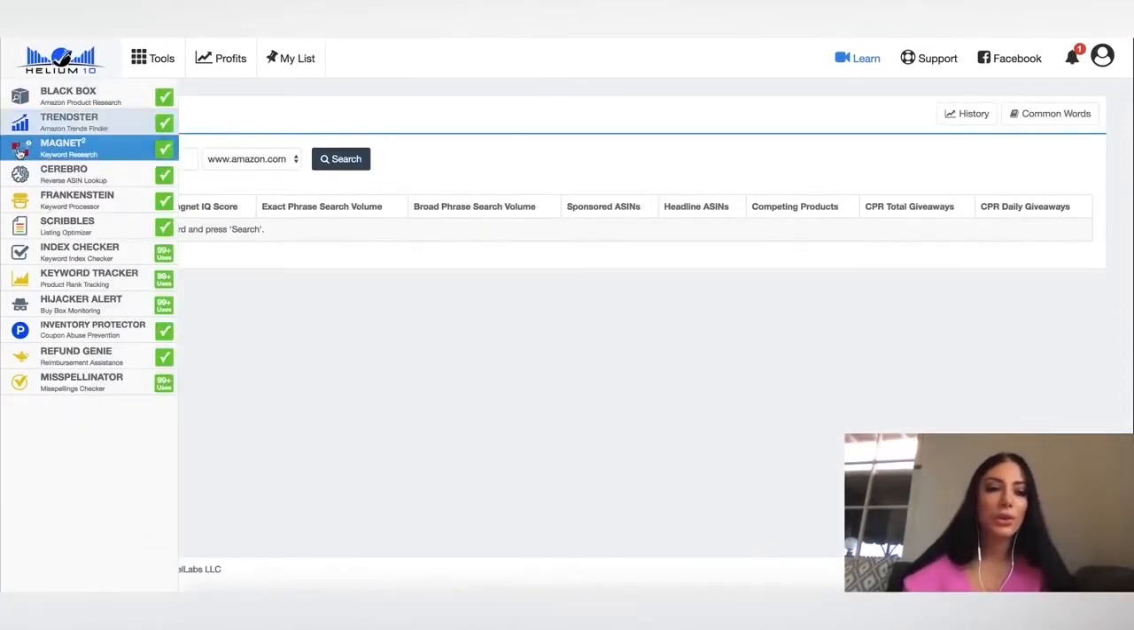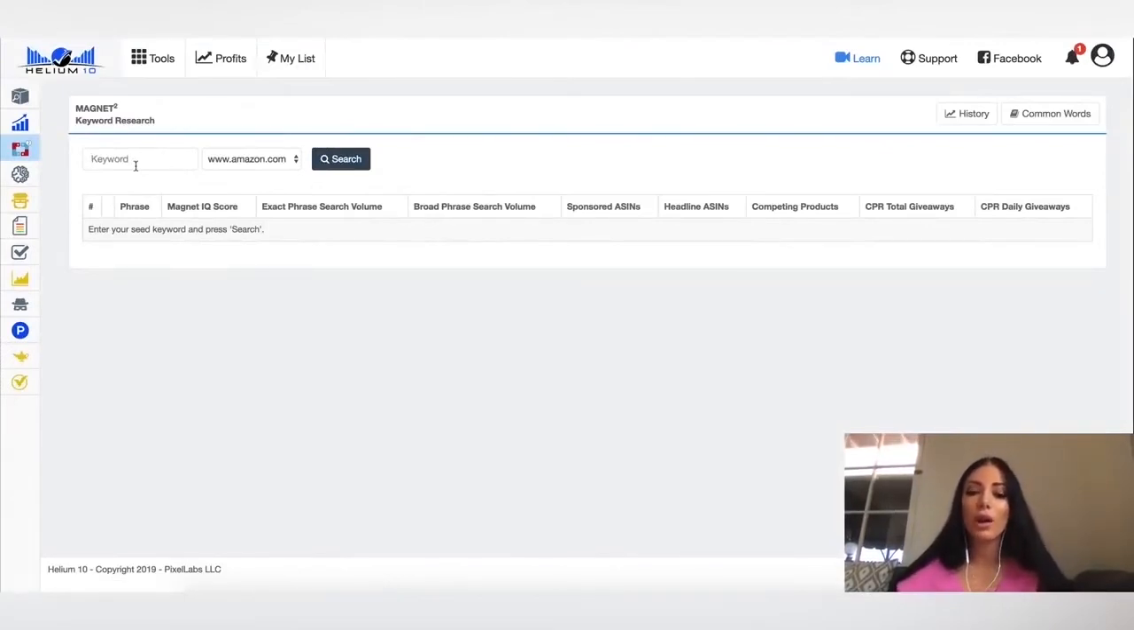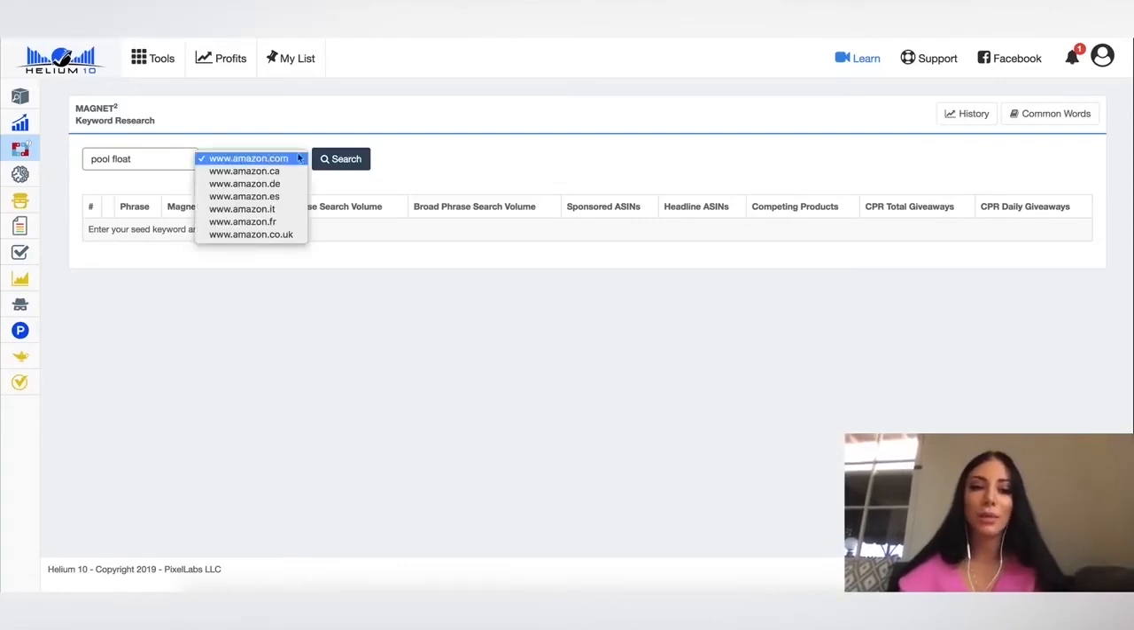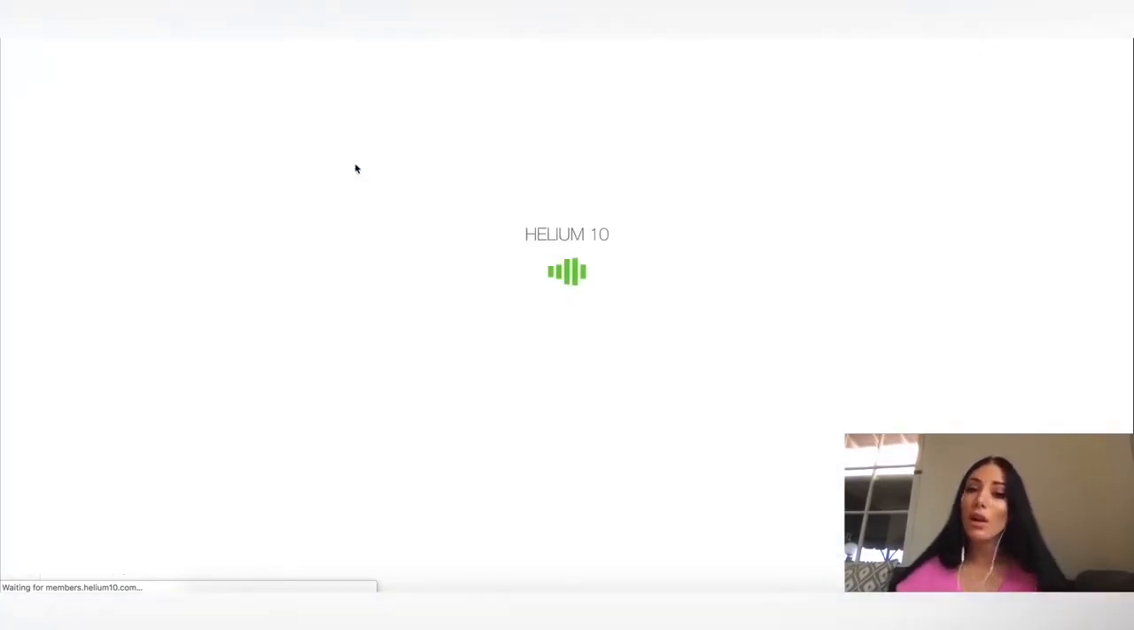The next tool that I'm going to share with you is this Magnet. This is so amazing. I love this. So let's put in, for example, our pool float. You put in the keyword for the product, you select the marketplace, and you say search. And this is really going to help you find those keywords that you probably wouldn't have otherwise thought of, some